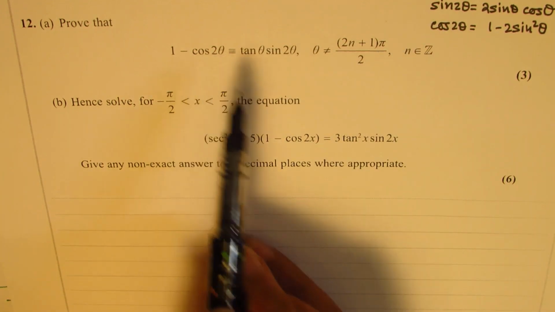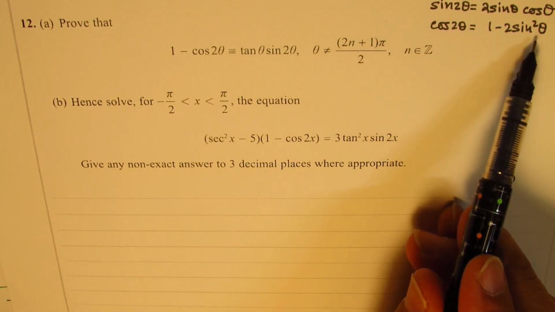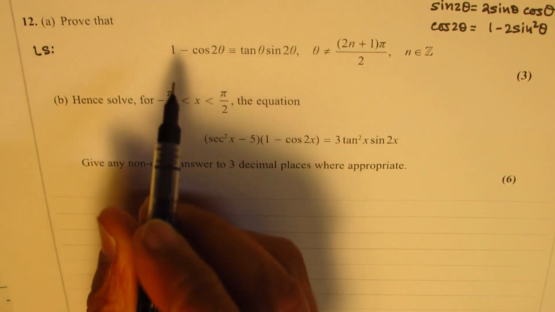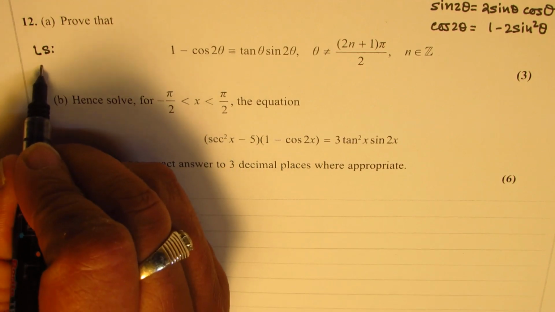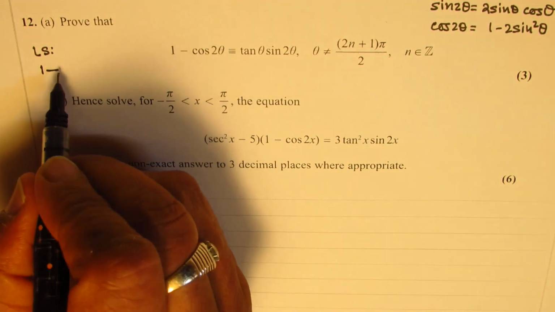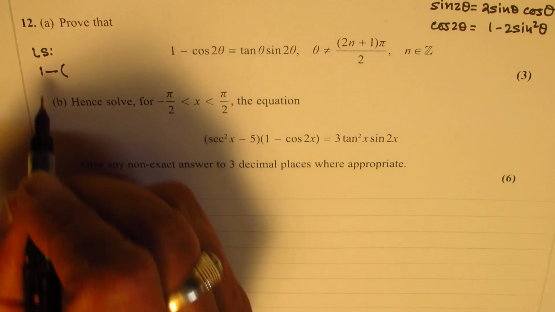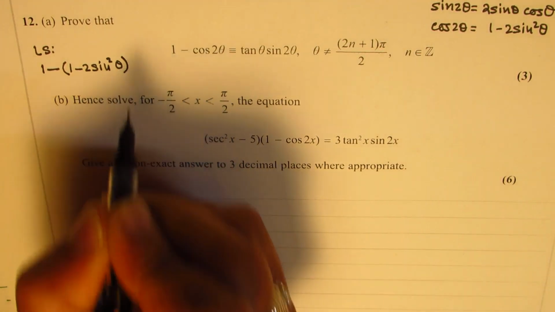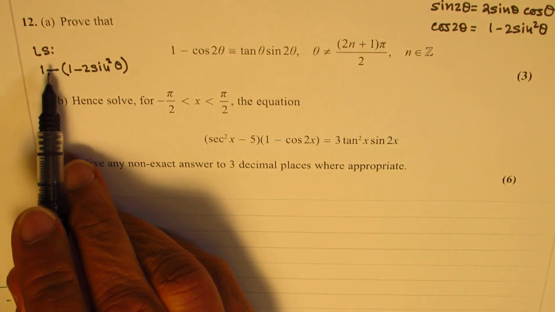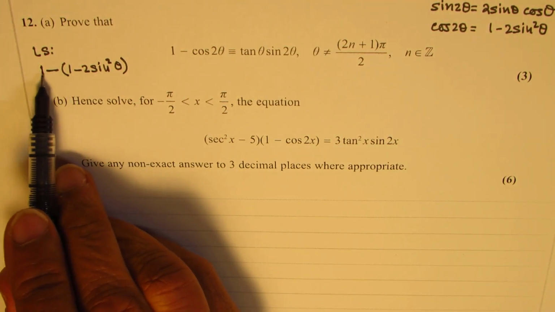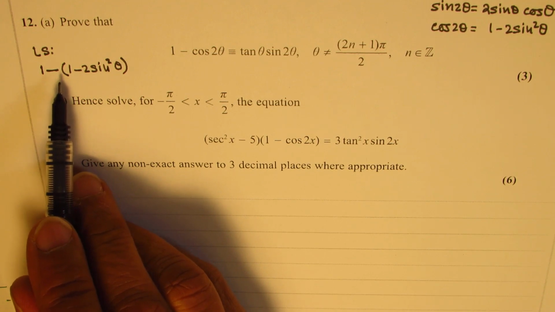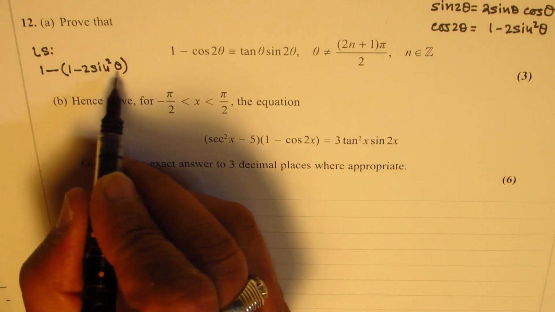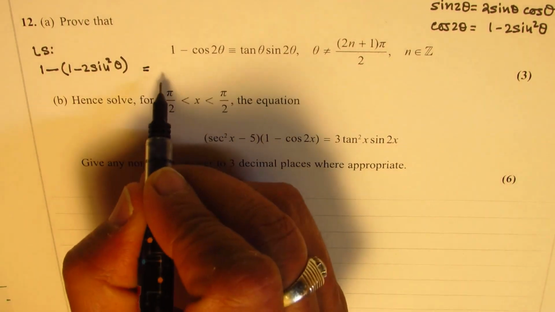Now cos 2 theta is 1 minus 2 sine square theta. So we'll start with the left side, which is 1 minus cos 2 theta. I'll write this as 1 minus, instead of cos 2 theta, I'm writing 1 minus 2 sine square theta. Correct? So that's my left side. So when you open 1 minus 1, that becomes 0. And what we get here is 2 sine square theta, right? So what we get here is equal to 2